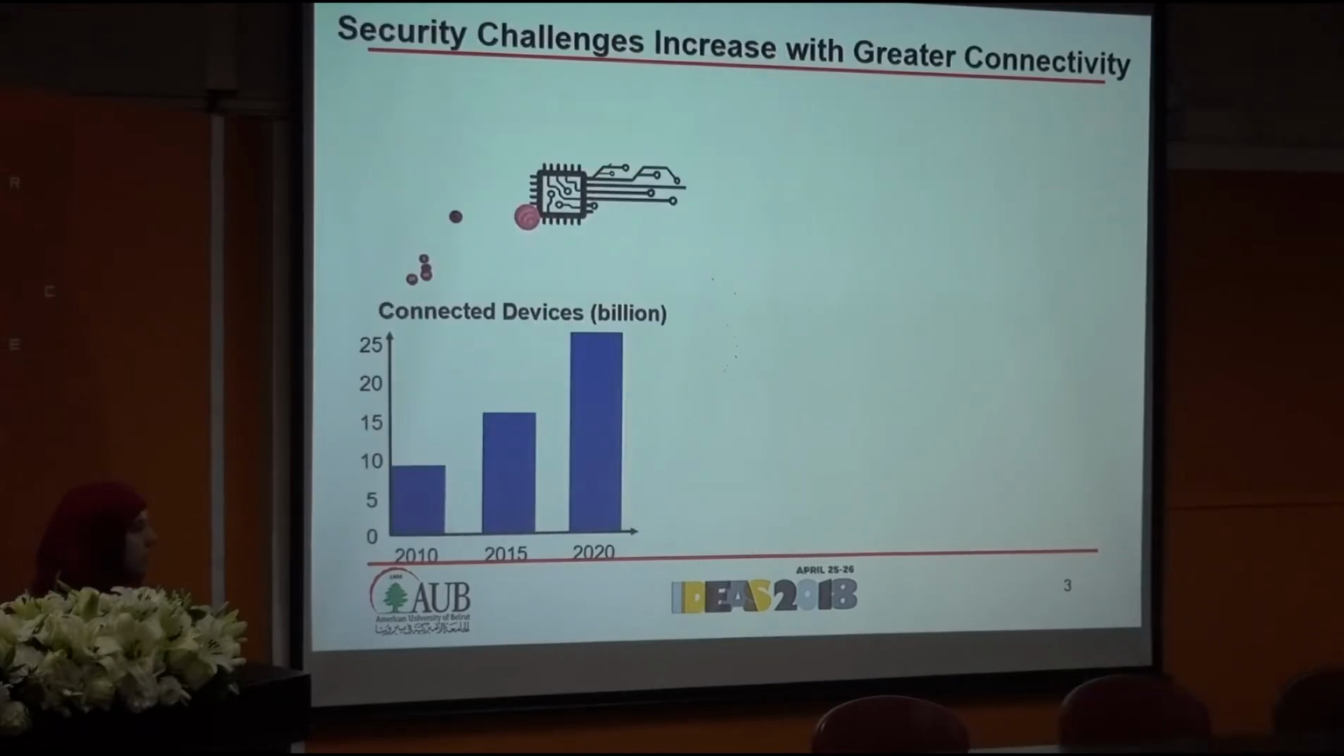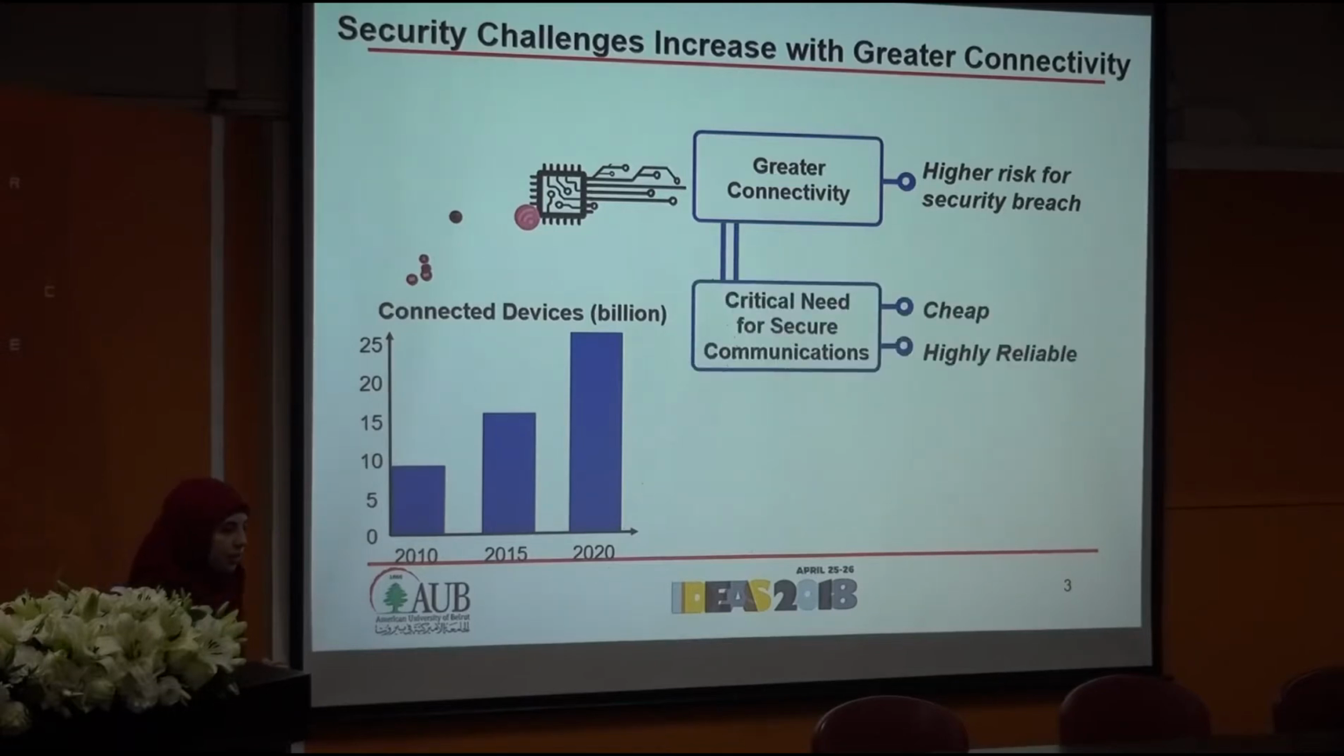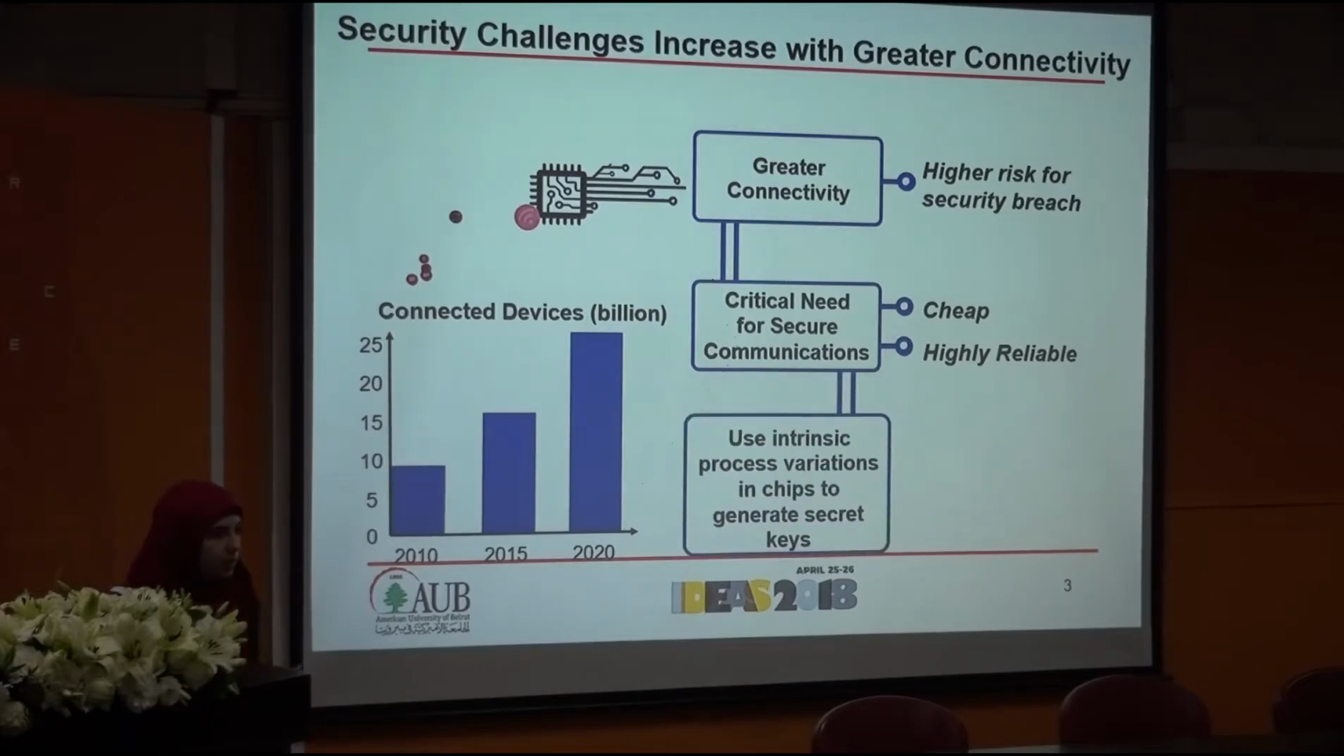So, with the advent of technology and the span of applications in the world, we have around 9 billion connected devices. This number is expected to explode to be 25 billion in 2020. Therefore, any security breach on these connected devices will affect the communication worldwide and will alter millions of users in the world. Therefore, it's critical for Internet of Things devices to have a secure communication which is cheap and reliable. For this reason, we'll be using intrinsic process variations in chips to generate secret keys, and this will be